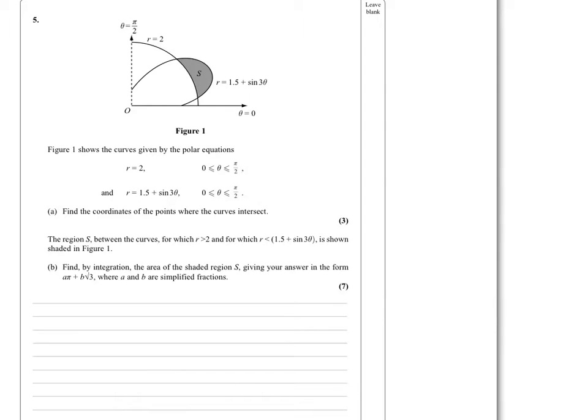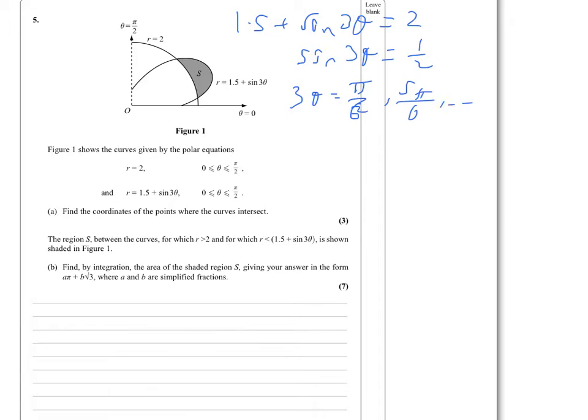To find where two curves intersect, we simply solve simultaneous equations. So we get 1.5 plus sine 3 theta must equal 2, in other words sine 3 theta equals half, and therefore 3 theta equals pi by 6, or 5 pi by 6, and we could keep adding solutions, but